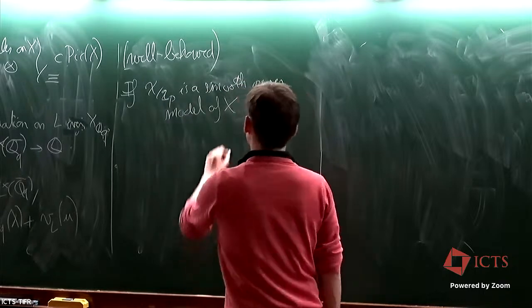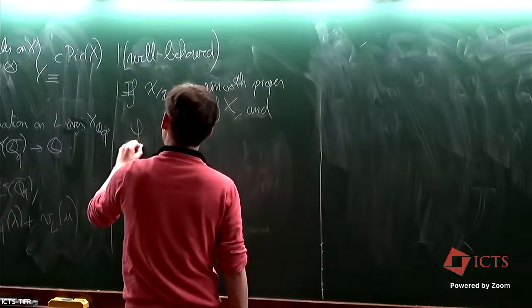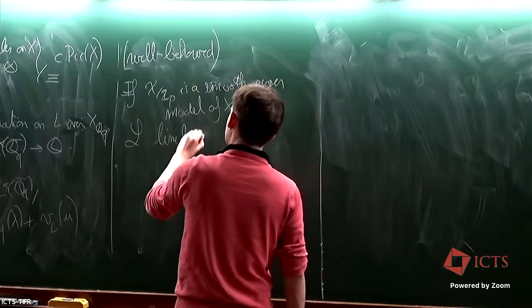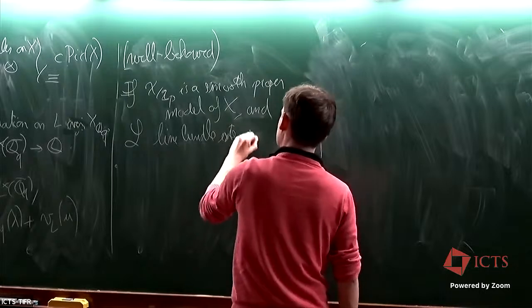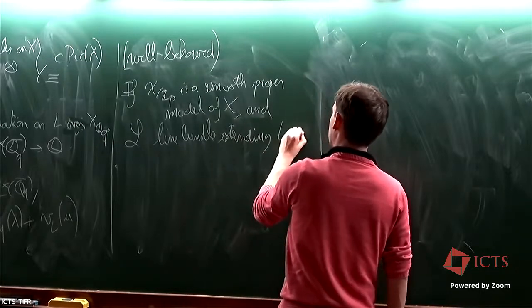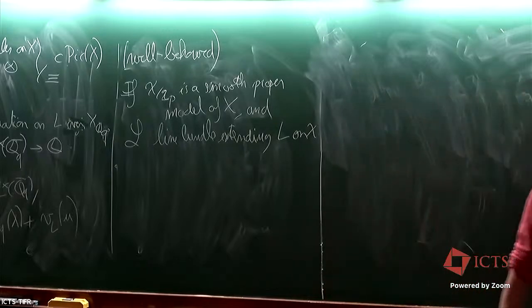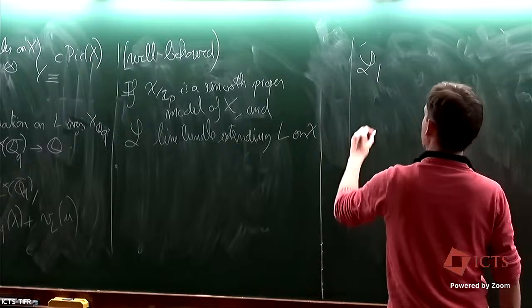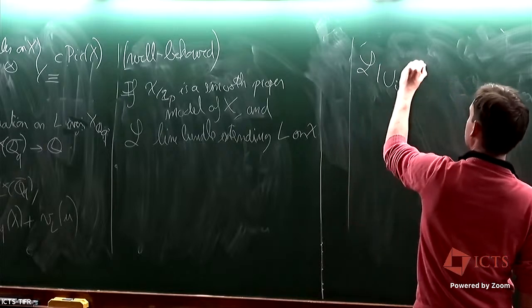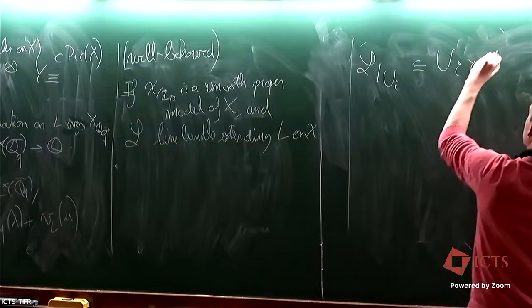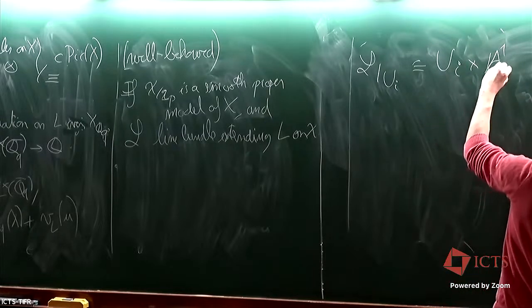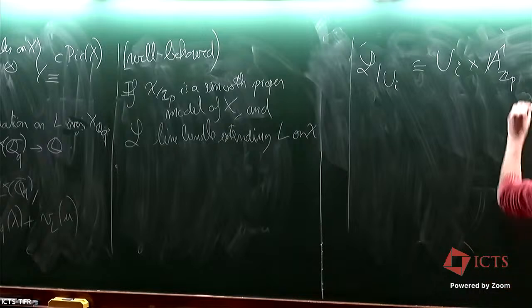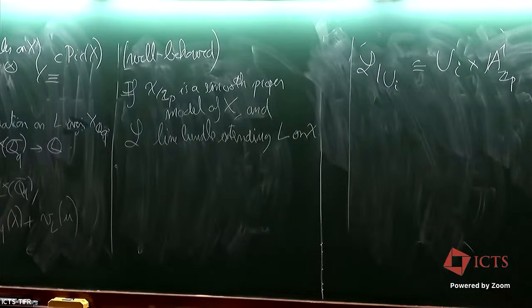Model of X, and L, a line bundle extending L on X. So instead of having just a generic fiber, you have things over Z_p. There is a very natural way of thinking about this, because if you restrict L to some U_i here, it's the same thing as U_i times, this time not A^1(Q_p), but A^1(Z_p). And this can be sent inside what is usually L restricted to U_i, which would be U_i